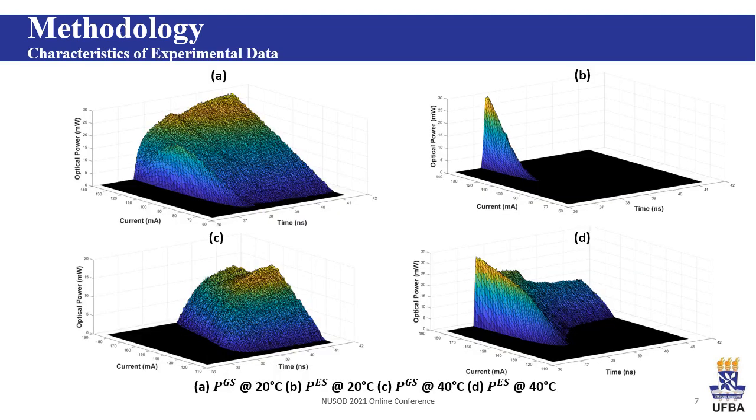Thus, we can see the main characteristic of the experimental data in these four graphs. In one graph, we have an axis representing the output optical power, in another the injection current, which increased by 1 milliampere per experiment, and in the third the time since the activation of the KDL. The upper graphs are relative to the optical power of the ground and the excited states, with the operation temperature